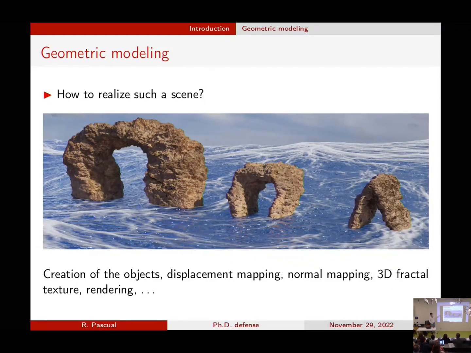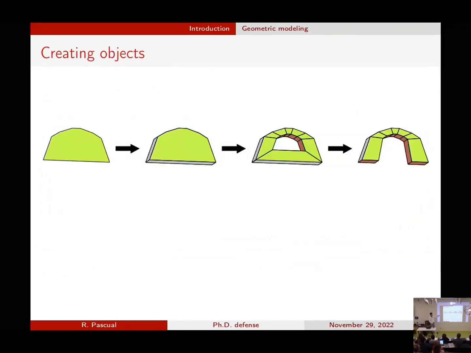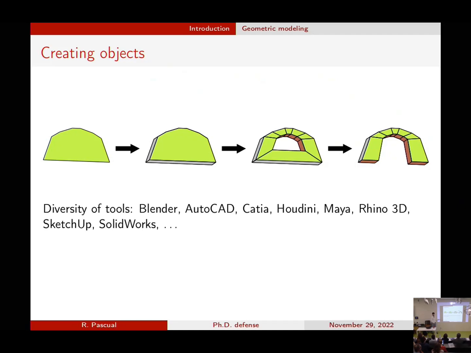And in this scene, there are 3 arches, rock arches, and I've built them starting from an initial phase that I've extruded to obtain a surface, and then I made a hole in it, and finally I removed the bottom part. Well, this is a sequence of modeling operations, and I could have made them in a variety of software. Some of them are open source, like Blender, and others are proprietary, mostly dedicated to specific domain, like Catia for computer-aided design, or